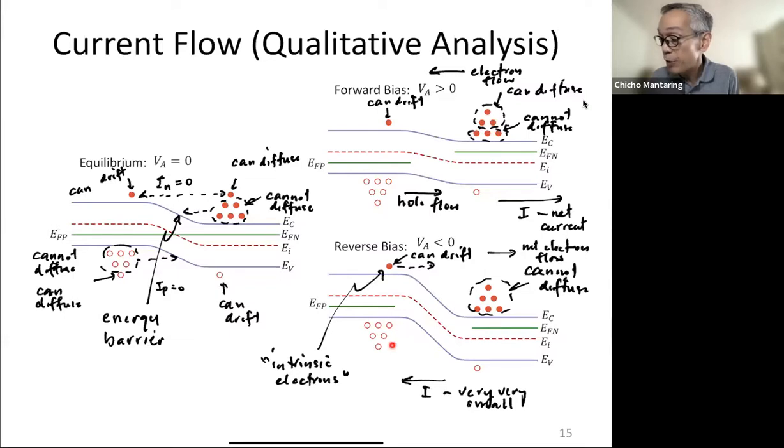And you have the same situation with holes. None of these holes now can diffuse. Okay, so